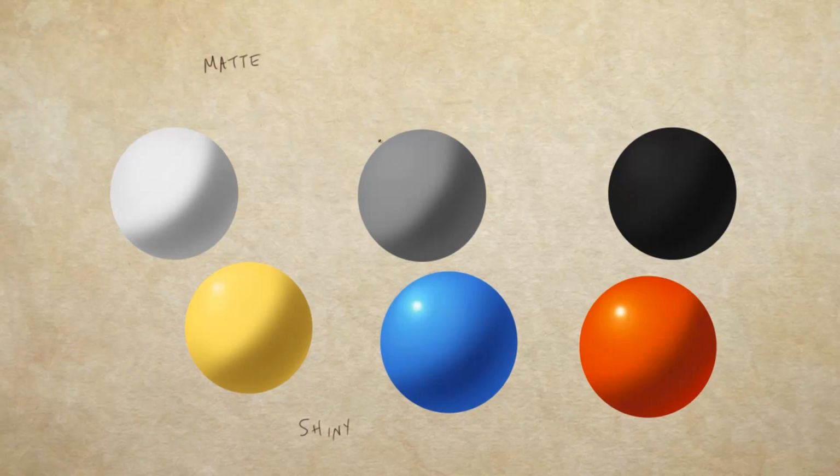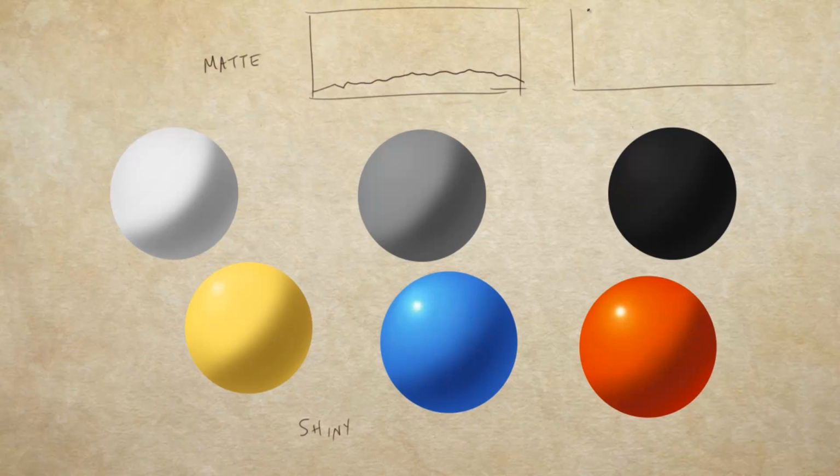So if we zoomed in way into maybe that area of the sphere, it would look something like this. It's not going to be smooth because things generally aren't perfectly smooth, but on a matte surface it's not smooth at all. Now in contrast, a shiny surface is more smooth. It's still not going to be perfectly smooth, it's still going to have little bumps and imperfections, but it's going to be more smooth. And so when light hits a more smooth surface, let's say the light's coming from this corner,